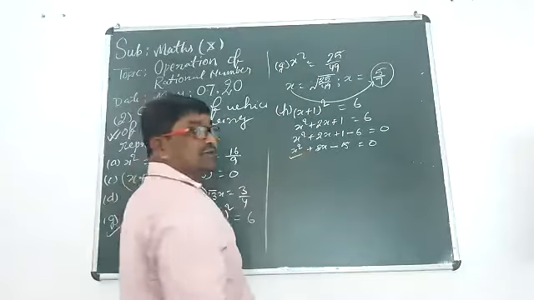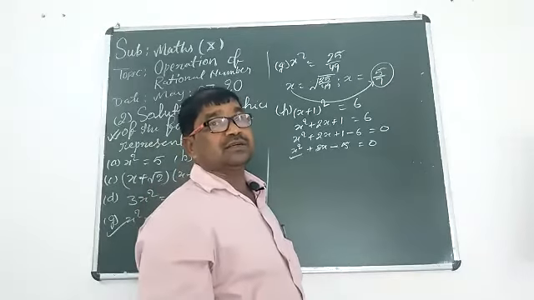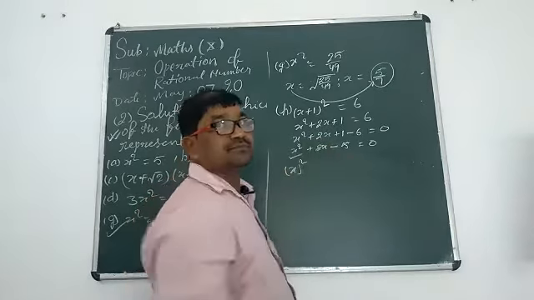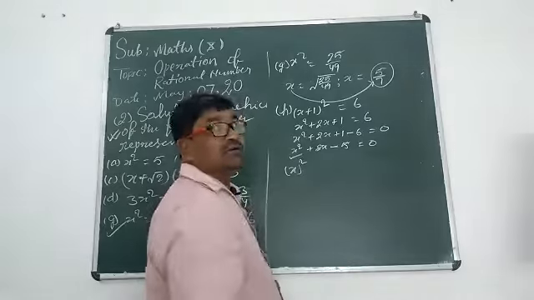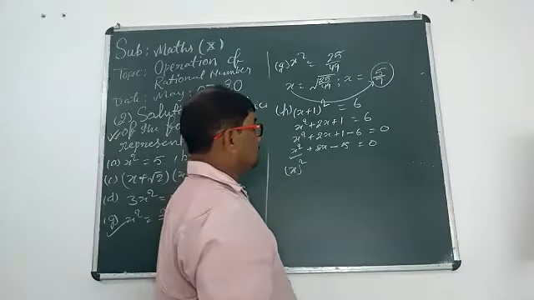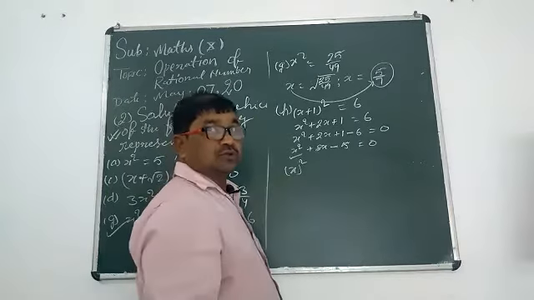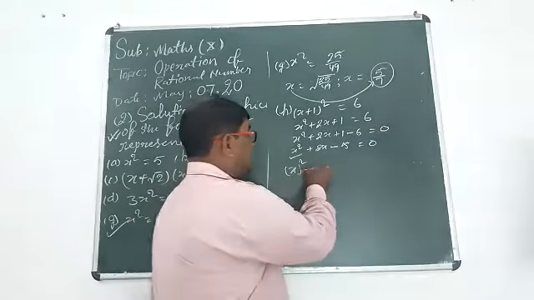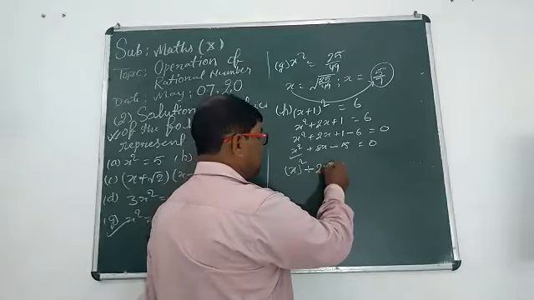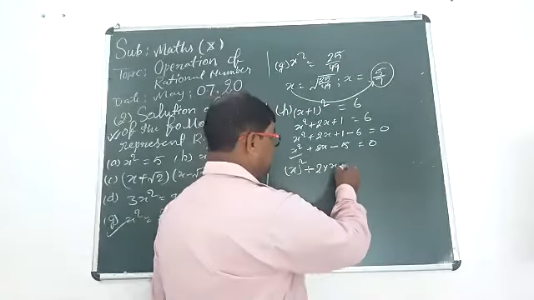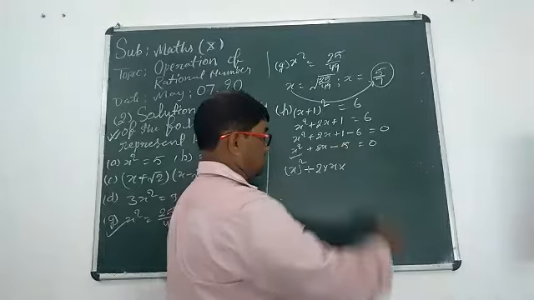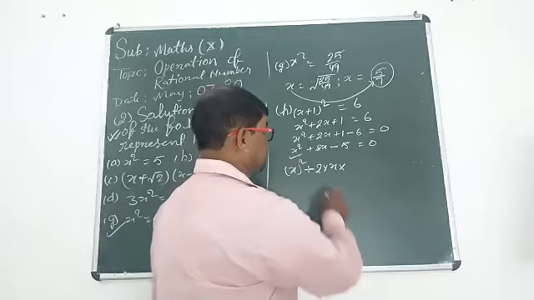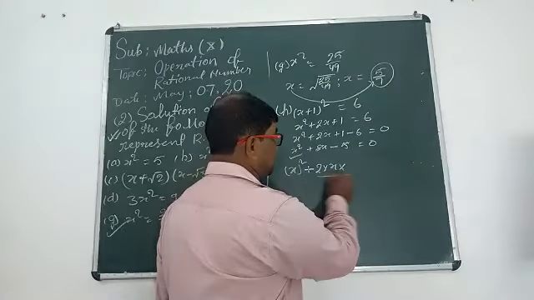This term is a complete square. So that is whole square of x. Now we should write a square plus 2ab. Here 2 is 2, a is x. And b will be what? We should think about b in this way, that the product of these three will be 2x.